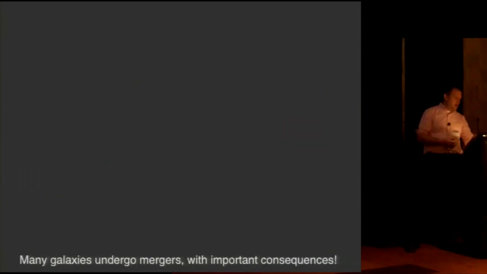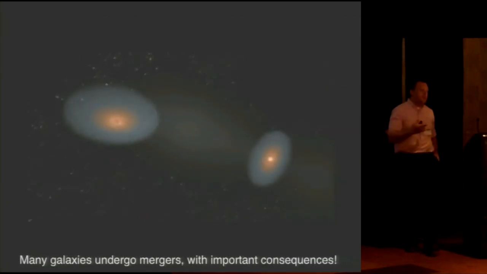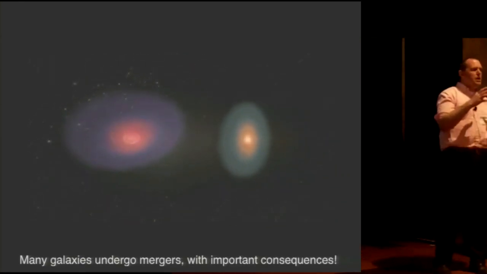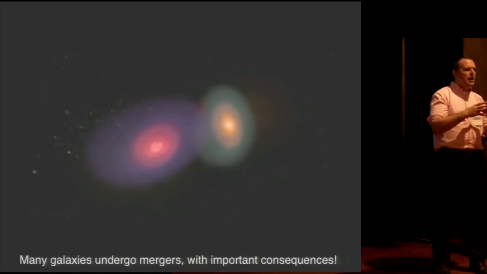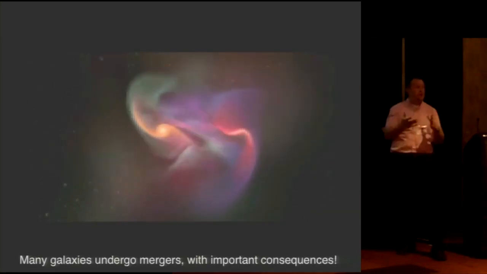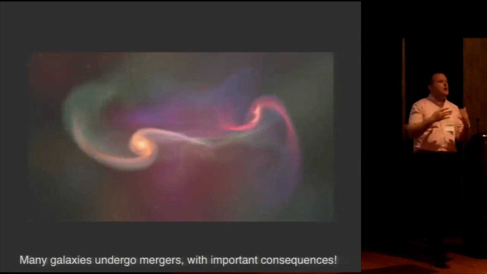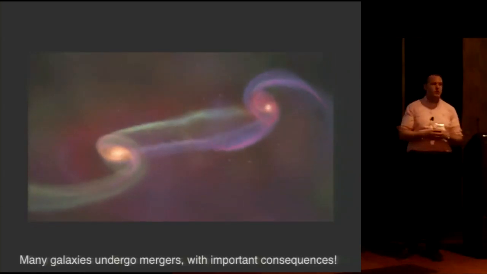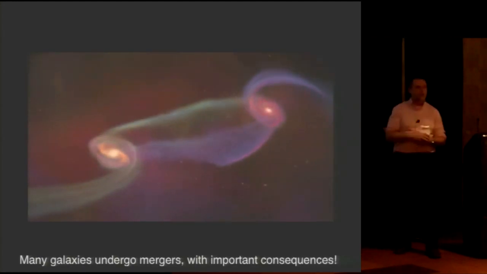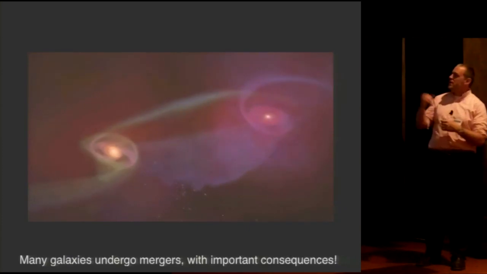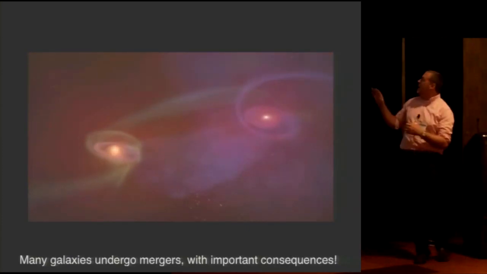Okay. So one thing to realize, though, is that galaxies don't live in isolation. So even though we can model these individual galaxies in a lot of detail, just modeling a galaxy by itself is maybe not so interesting. It turns out that galaxies like our Milky Way in the future will undergo mergers. So many galaxies throughout history have undergone mergers. The Milky Way is going to merge into our nearest neighbor, Andromeda. And you can see a simulation here of two merging gaseous disks, a little bright.